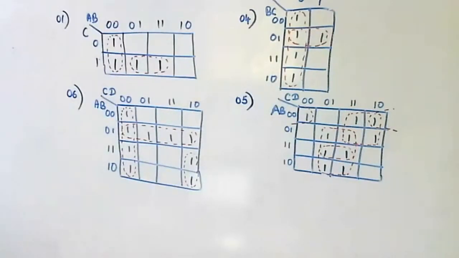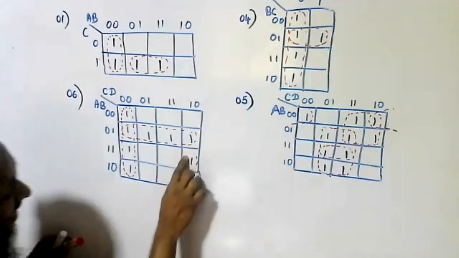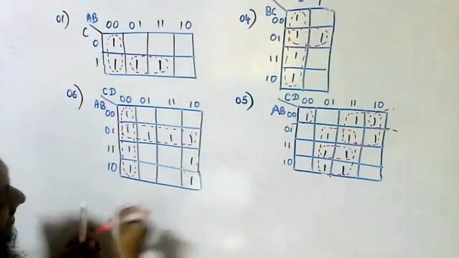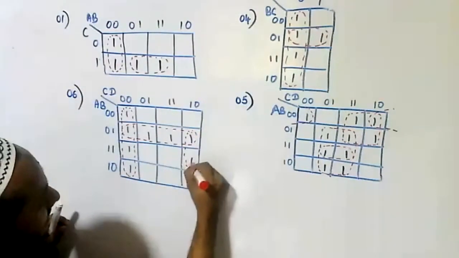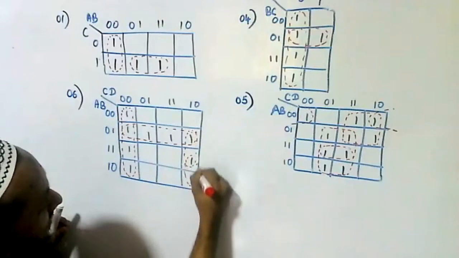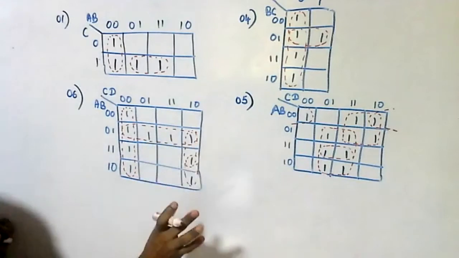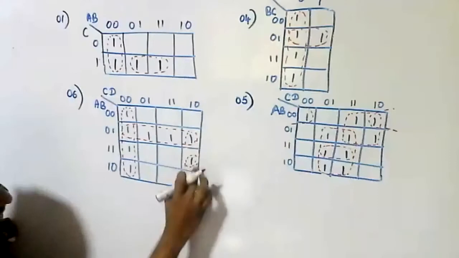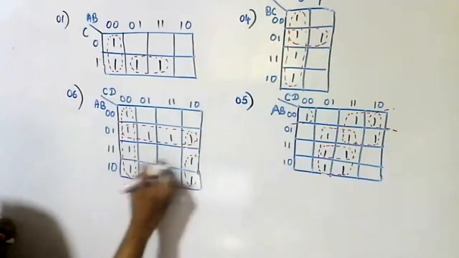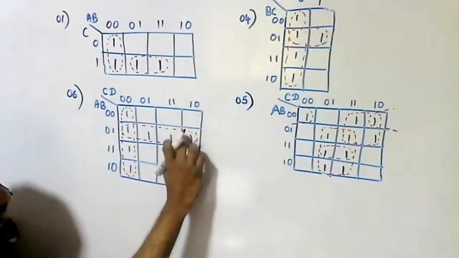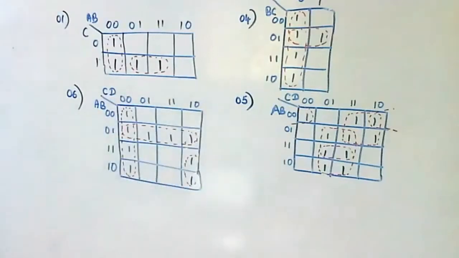So can 2 ones also be grouped? Yes, 2 ones can wrap. As you said, we can group like this, and we have to group again like this. Then 4 groups are there, with one additional group. But the minimum number of groups should be there, and the maximum number of ones in each group. The basic rule, which you can easily remember, is the minimum number of groups. Here 4 groups is not allowed because we can create 3 groups. It's enough. Here 3 groups is the minimum number of groups, each with the maximum number of ones.